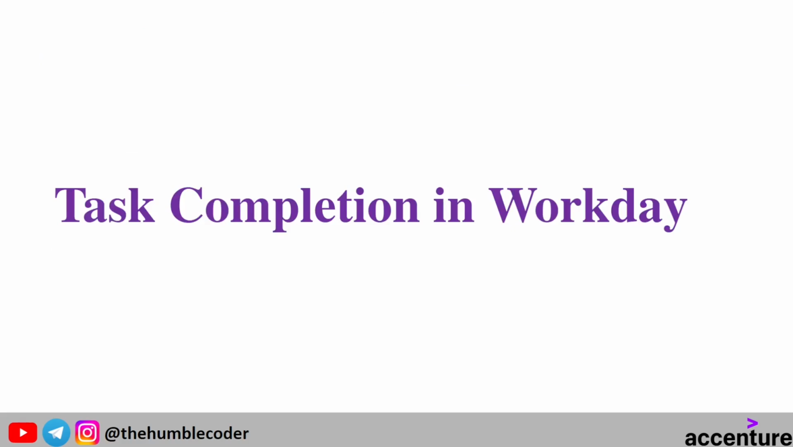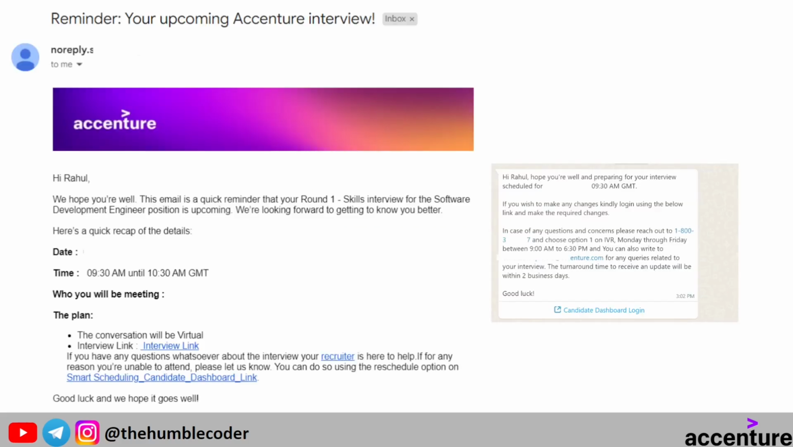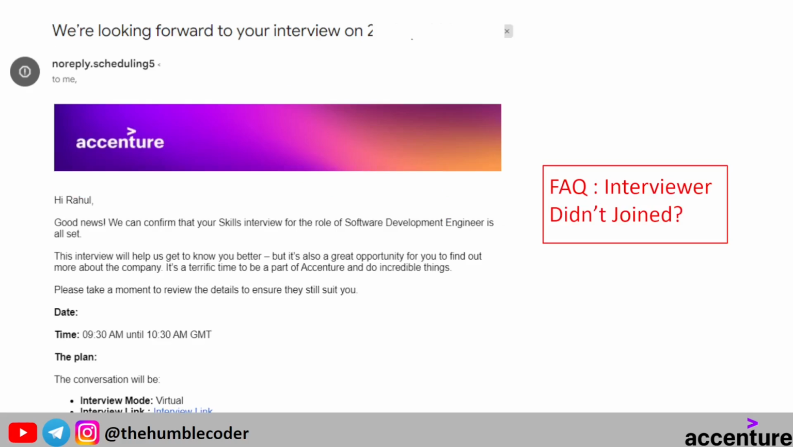So let's now move on to the next step in the process. Next step is your task completion in Workday. For example, this step has happened for me before the interview only. I have not appeared for the interview, as I told you. For me, when I got this interview email and when my actual interview happened, there was a gap of 2 or 3 days. So in that